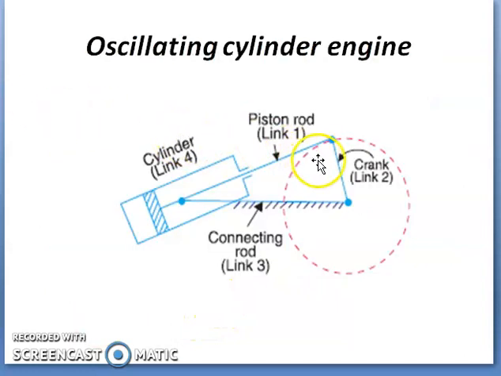So I am explaining once again. This crank is going to rotate. What will happen? These two will form a turning pair. When this is moving in the downward direction, automatically this will move, so this is going to move up and down. At the same time, the length of the rod also will be increasing. To compensate for that, the cylinder will oscillate about the pivot point. At the same time, the slider will slide inside link 4.